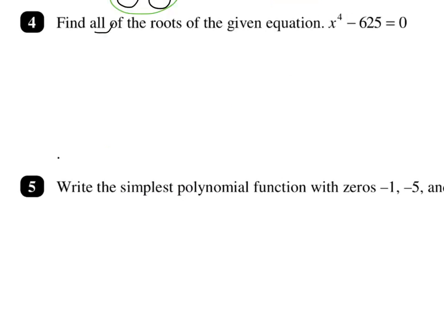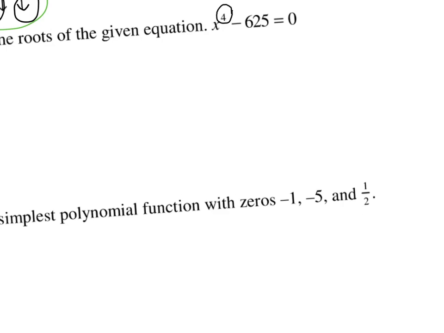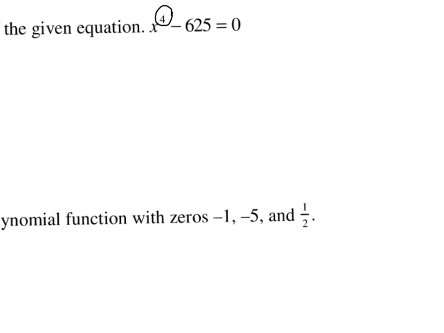Number 4 says to find all of the roots. So not just the real ones, but we want to find all of them. So if you were to look at a graph and zoom out, you would see that there are 2 real roots. But that doesn't account for all the roots, because we know by the fundamental theorem of algebra that we need to have 4 answers here, because that exponent's of 4. So if you found the real roots on the calculator, you can do synthetic substitution and keep factoring from there, or you can factor this problem the way I showed you in lesson 6,